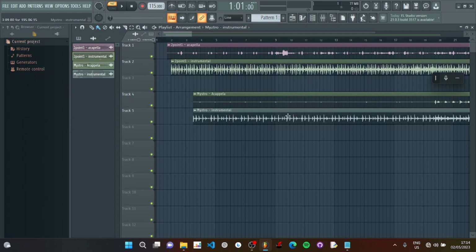Now that we have loaded our songs into the playlist of FL Studio, we need to set their BPM. Why do we need to set their BPM? So they can easily sync and play in sync with one another when you are mixing them together. They must have the same speed when playing together, so they can be in sync. So how do you get the BPM? And this is where Virtual DJ comes in.